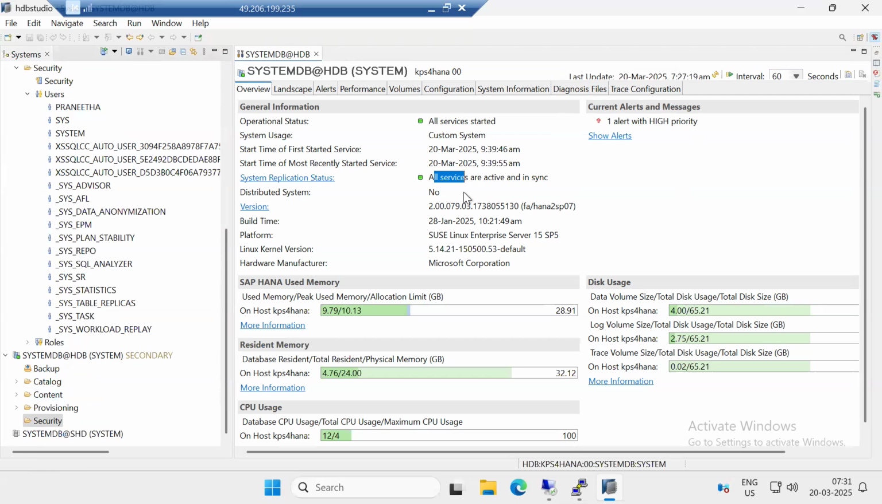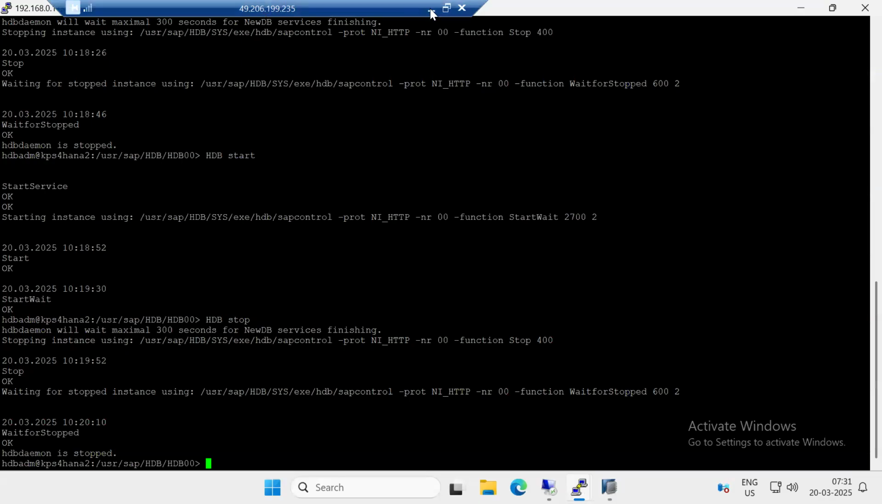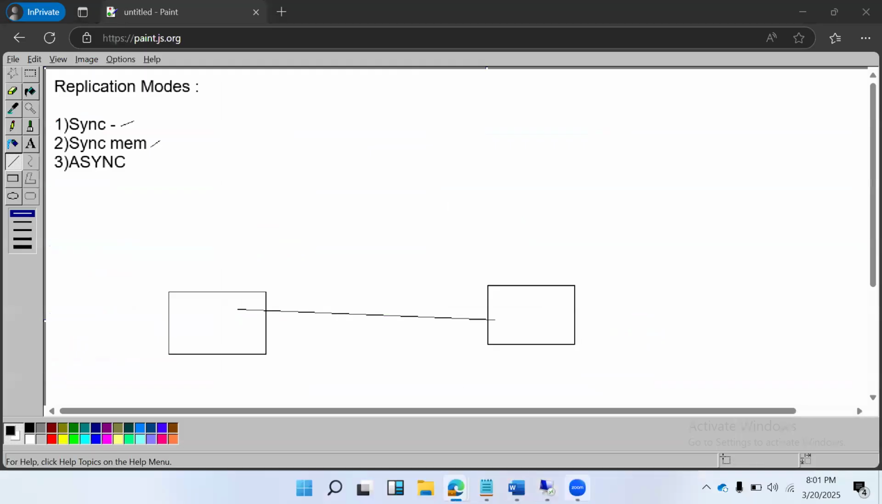Okay, got it? Any questions, anyone? So you can just practice the replication setup here, the same as whatever I have done. You can practice it here. So let me share the